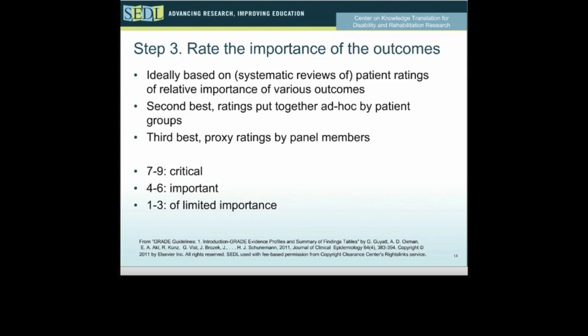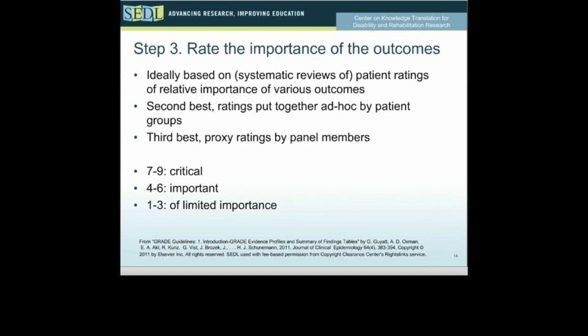We don't even often have studies where people have been asked what's the most important outcomes for you. So second best is you put together an ad hoc group of patients and ask them to do ratings for you. And a third best is the panel members